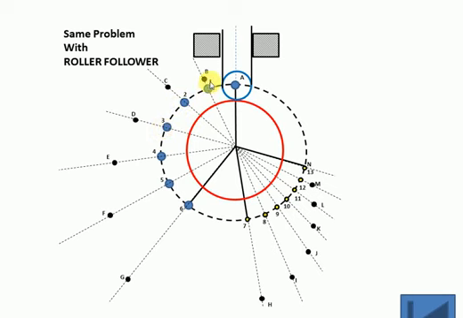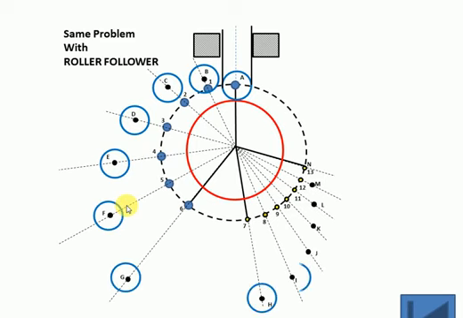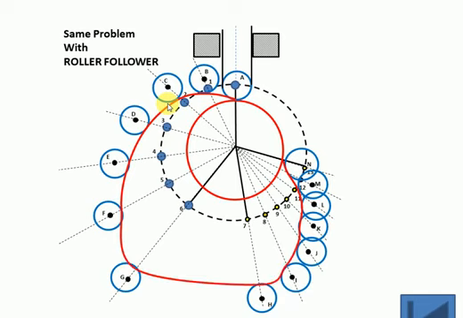Now we'll draw circles equal to the radius of the roller with centers at points B, C, D, E and so on, that is from A passing through B, C, D, E, then F, G, H, I, J, K, L, M and N. These circles are equal to the radius of the roller, and then from the point of contact of the roller with the base circle, we'll draw a curve which is tangent to all the rollers, that is the roller with center B and so on till G and H, then till N. We'll draw a smooth curve.